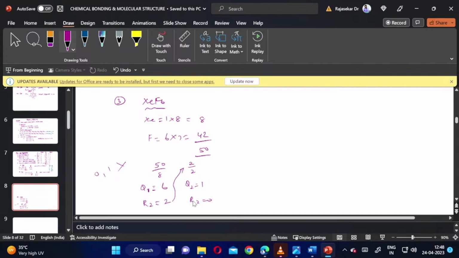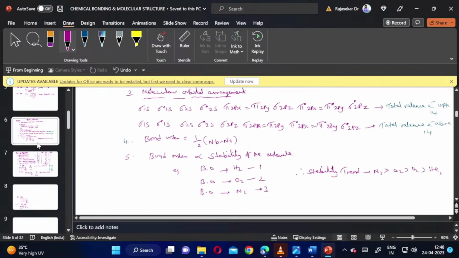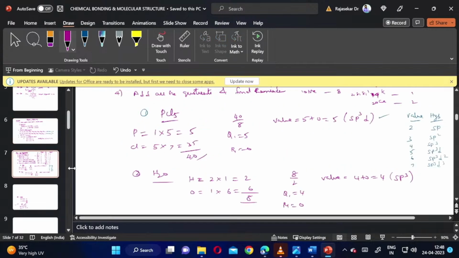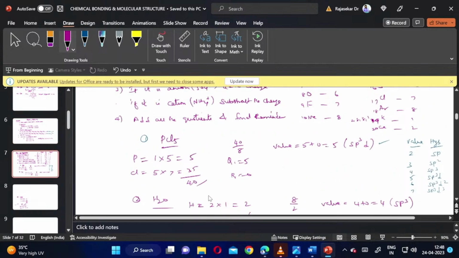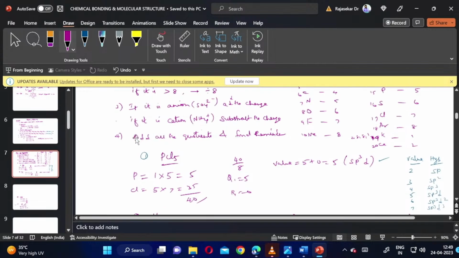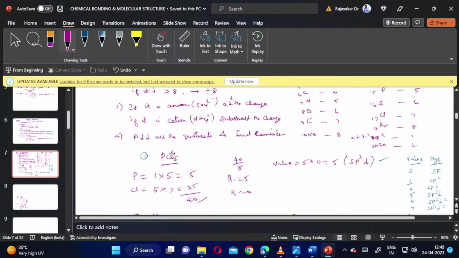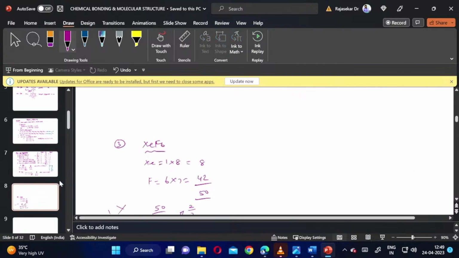What are the rules I have given? If there are 2 quotients and a remainder, add all the quotients and the final remainder. Correct or not? Add all the quotients and the final remainder. So what? Now,